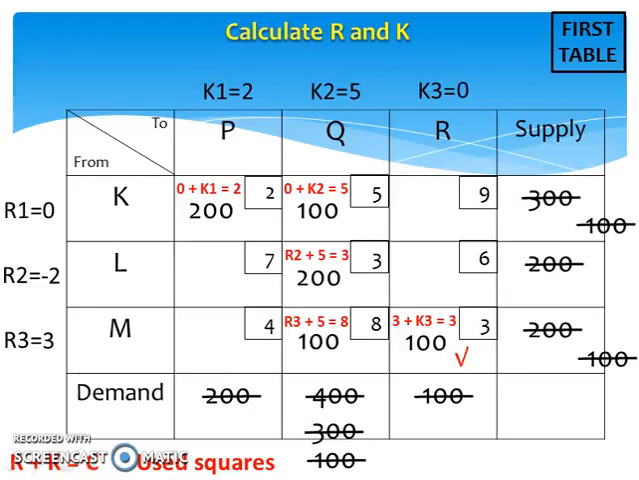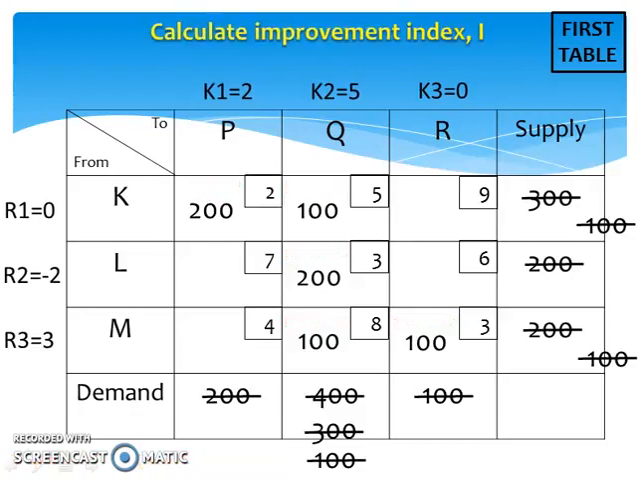After we have calculated all R's and K's, the next thing to do is to calculate the improvement index. The improvement index is denoted as I and is calculated by using the formula I equals C minus R minus K. The improvement index must be calculated for all unused squares. For example, at this unused square, we have 9 minus 0 minus 0, so we get improvement index equals